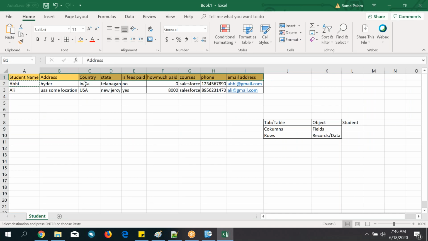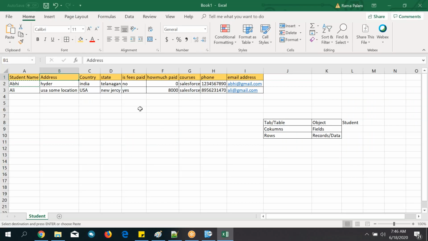That is the reason you have not entered the data. You have not created the fields and you have not entered the data. This data also you have not created because no fields are there as of now. That means no columns are there. You need to create each field. For each column, you need to create each field in Salesforce. Remember that point.